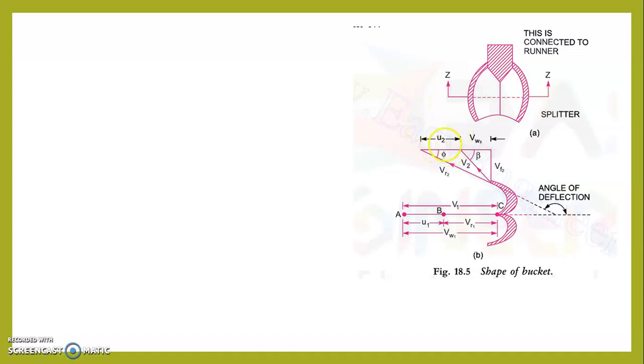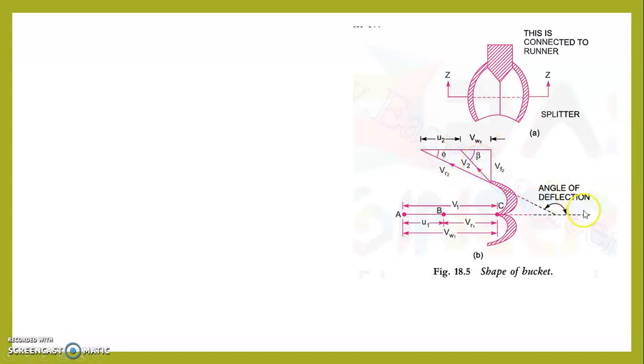For a normal turbine case, other than the Pelton wheel, for reaction turbines, that is for Francis and all, we will have a velocity triangle at the inlet and outlet. For a Pelton wheel, we don't have any velocity triangle at the inlet. At the inlet, the velocity of water will be parallel to the direction of motion of the vane. So alpha and theta are equal to 0. We will have only phi and beta.